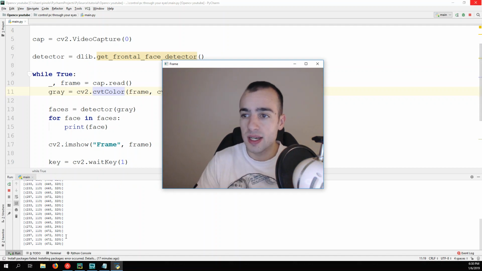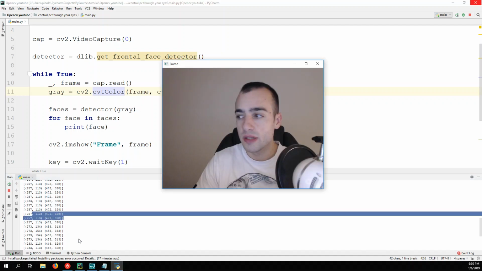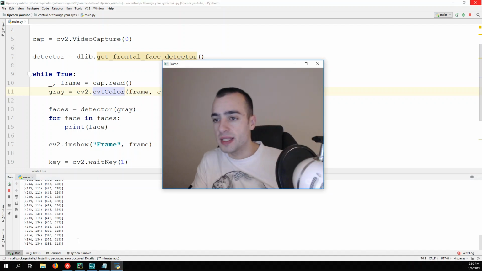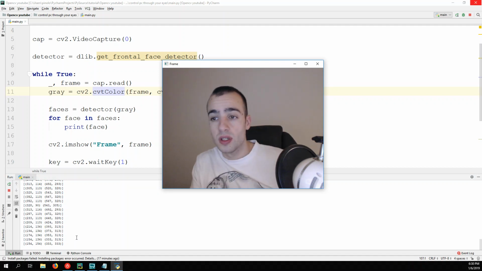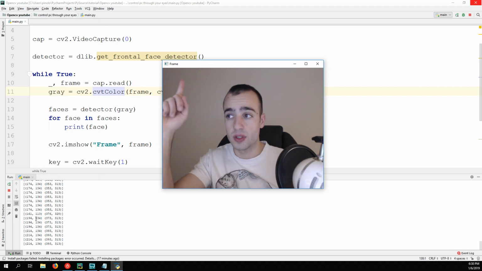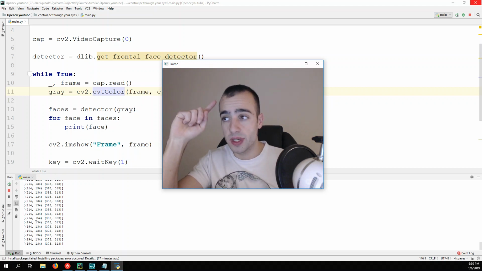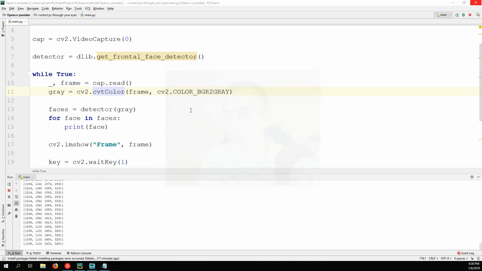Here we see an array, and if you look carefully, when I move my face, the number changes. This is a rectangle, the first one is the top left point of my face somewhere here, and the second one is the right bottom. So if we, for example, print them,